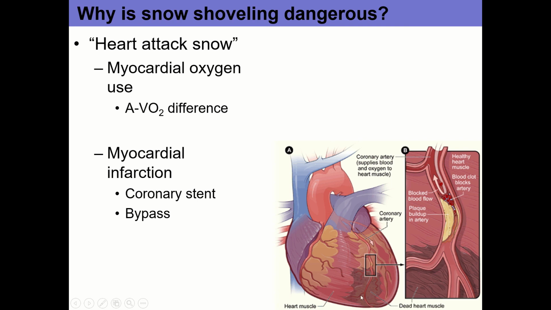And so then what happens is they start to work anaerobically, and as we'll talk about next time, heart muscle is not good at working anaerobically, basically can't. And so the result then is these heart muscle cells are going to go into spasm, and then that'll throw off the rhythm of the heart. And so then you get what I was describing earlier, which is fibrillation, where you're just going to get sort of this random electrical activity and random contraction of the muscle of the heart, and not the orderly contraction that we need, in the case of the ventricles, from the bottom up, wringing blood out of the ventricles